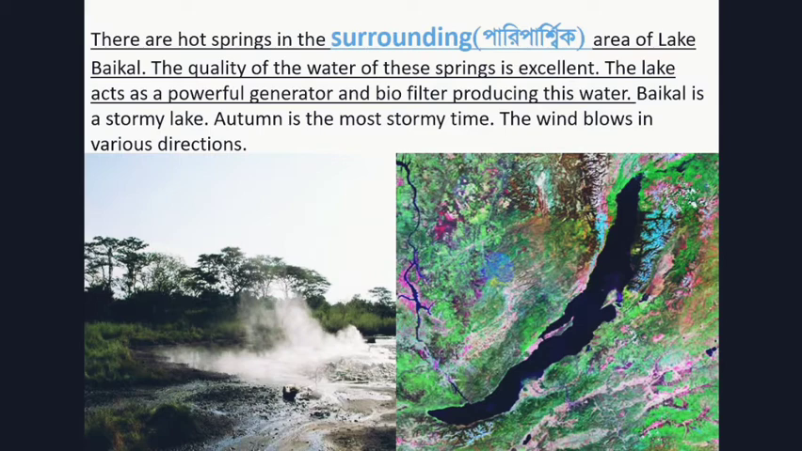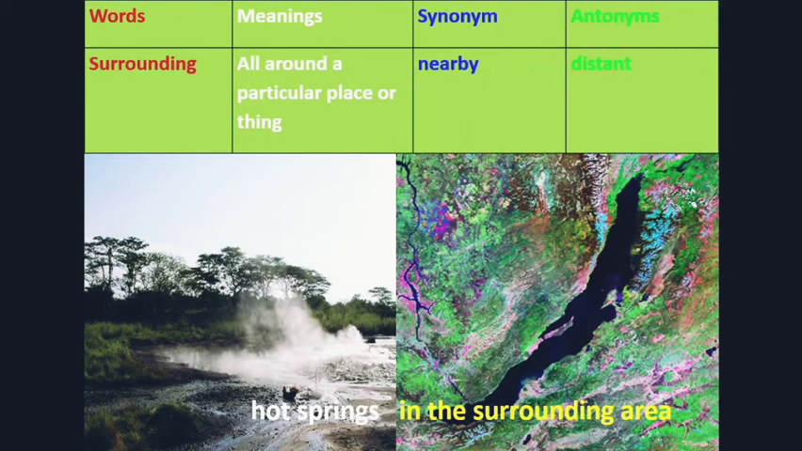Then the next paragraph: there are hot springs in the surrounding area of Lake Baikal. You see here some hot springs pictures, and we find that type of hot springs around Lake Baikal, and another picture shows the surrounding side of Lake Baikal. So, in the surrounding area you see what? Hot springs. Here you see another word, surrounding, and the meaning of this word is all around